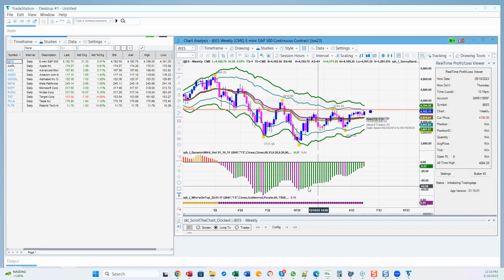Also, you'll see here that the DMA histogram is green and getting shorter and shorter and shorter. And then it turns purple a couple times, shorter and shorter and shorter. That tells me that it's trying to turn to gold on top. It's getting very close to being gold on top. And if that happens, then we're going on up. Sometimes it'll just retreat from here and go back down. But if it turns gold on top, then we're going up into,